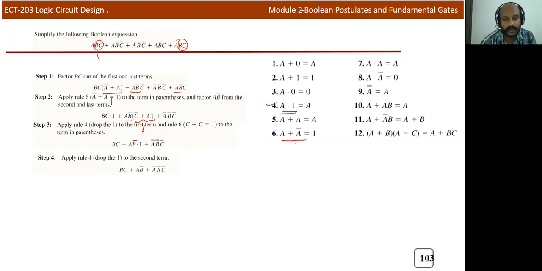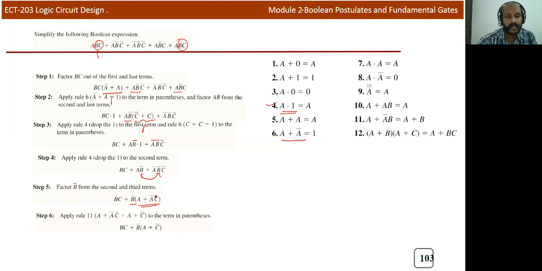Now if you look at the expression, again you can take some terms common. So b bar from these two expressions, you can factor out b bar, then it becomes bc plus b bar into a plus a bar c bar. Now I can reduce this by the redundant letter rule, that is a plus a bar b is equal to a plus b. Here it is mentioned as rule number 11, exactly the same thing. So here a variable and its complement, then you can directly write the first term and the last term.